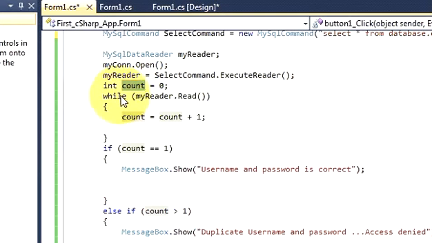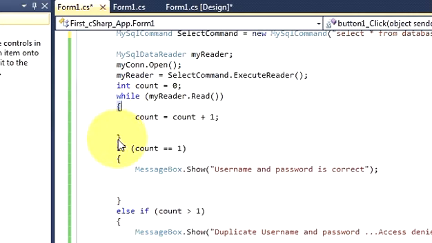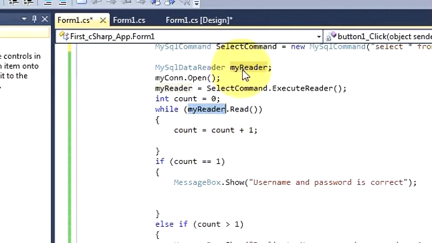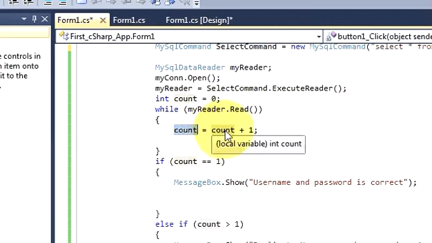and then write a while loop. While, this is not a big while loop, just this one. So this is my while loop, which is ending here itself. So write while, copy this MySql data reader variable and paste it here, dot read bracket and bracket closed, and in here we will pass count is equal to count plus 1. Okay,